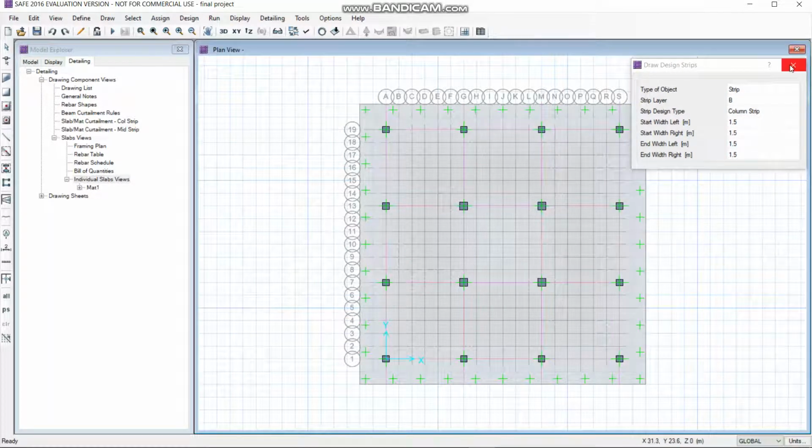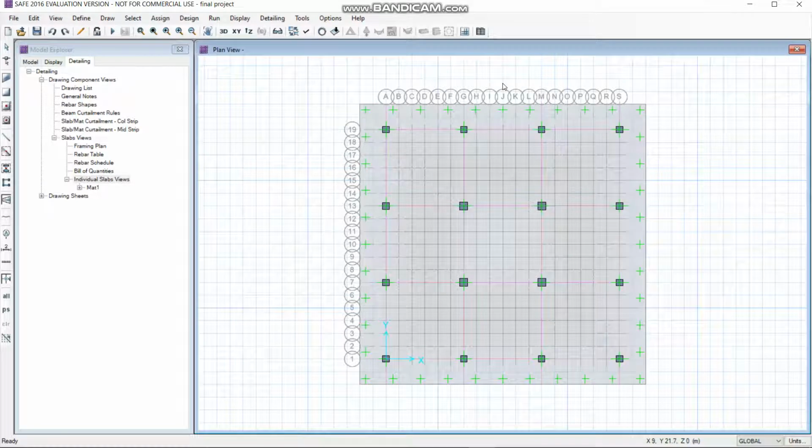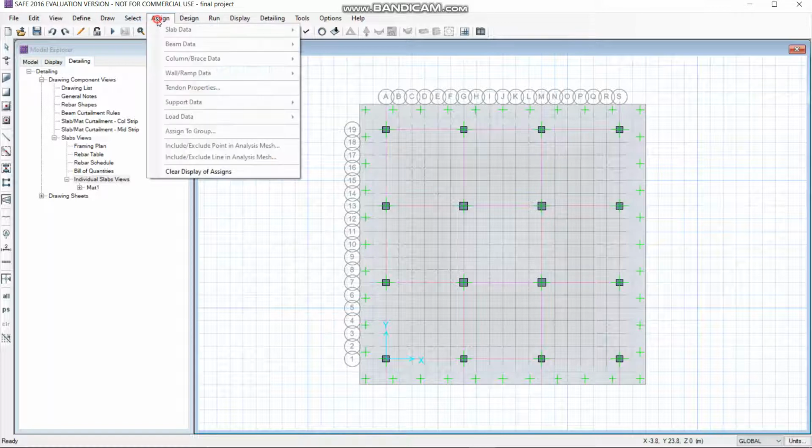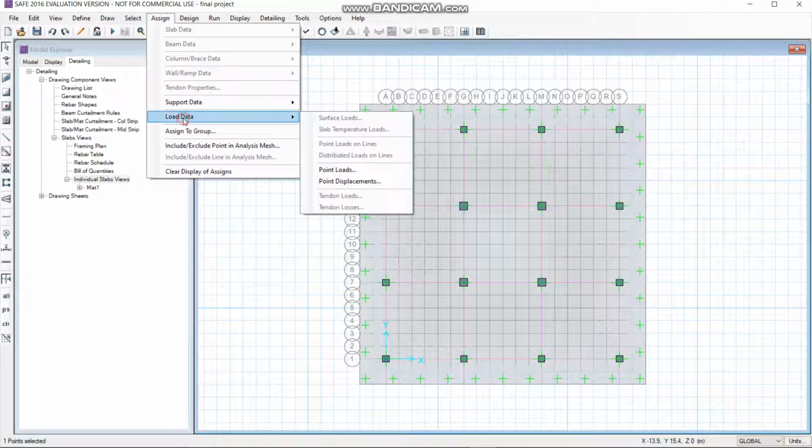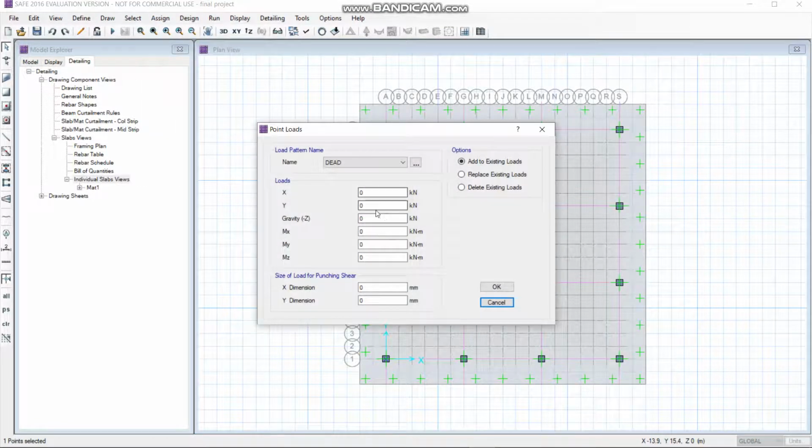After drawing all these design strips, now we are going to assign the loads for the foundation. For that, first click on the footing, then assign the loads as load data and point loads, where we assign the dead load and live load.